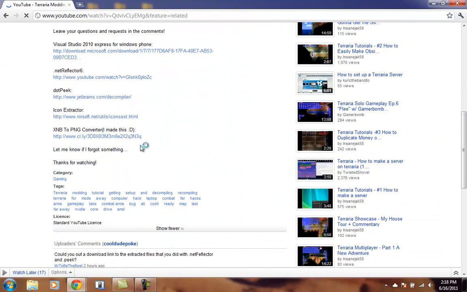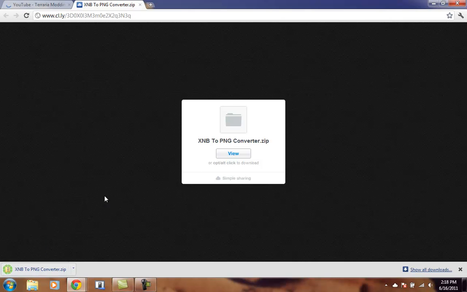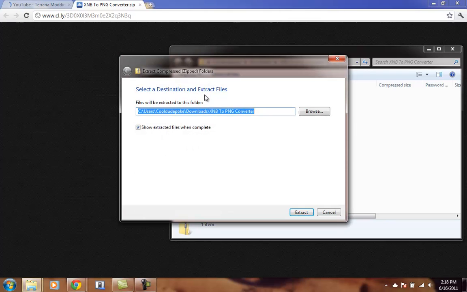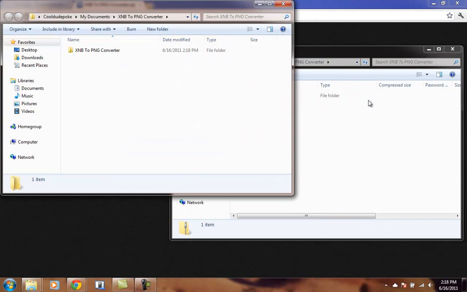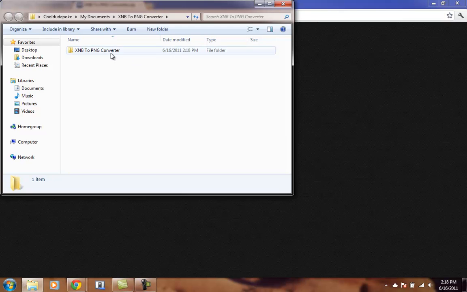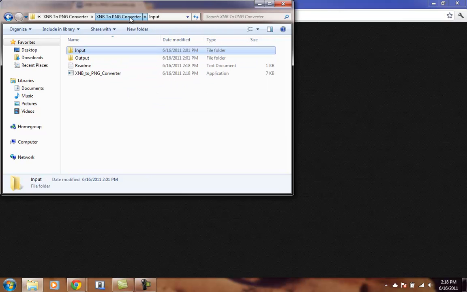I'm going to go into my video description finally, download the thing, because that way I won't end up messing up my current one, and I'll just extract it where I want it. Extract it to documents. Okay, so there it is, right? When you're in this program, which you're going to need to do this first, my awesome program,